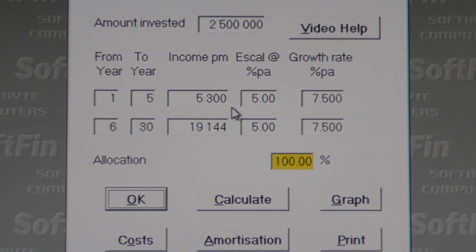Another option for Joe is to take a reduced income from the annuity for the first few years, perhaps supplementing this reduced income with withdrawals from the 500,000 Rand tax-free lump sum amount he invested. Here we see we've elected to take an initial reduced amount of only 5,300 Rand a month, escalating at 5% for the first 5 years, and then draw 19,144 Rand from year 6, escalating at 5%. If we click on the amortization button,